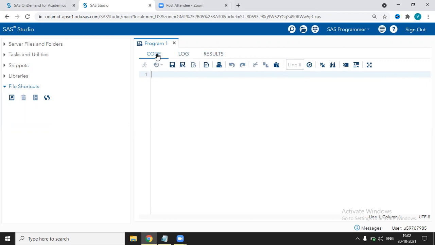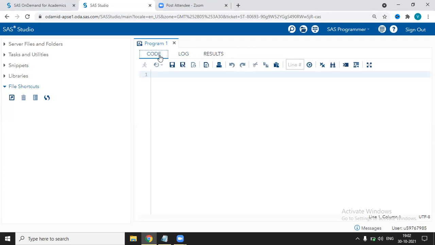The code window is where you enter your SAS program. When you run a SAS program, the log window displays your program, any syntax error detected by SAS, information about the data that was read or written out, and the information about real time and CPU time used for your SAS program. And the last one, that is result, this window is where your SAS output appears. You can navigate between these three windows just by clicking.